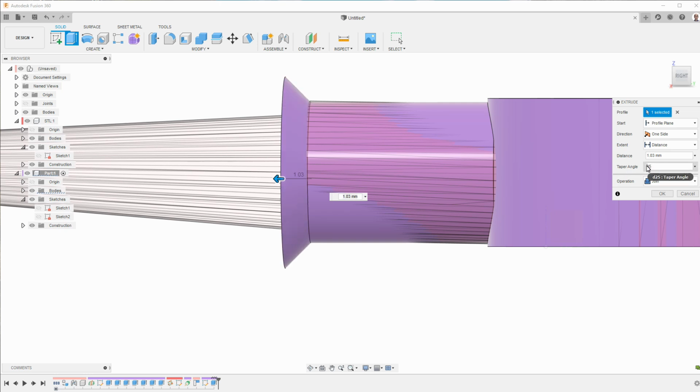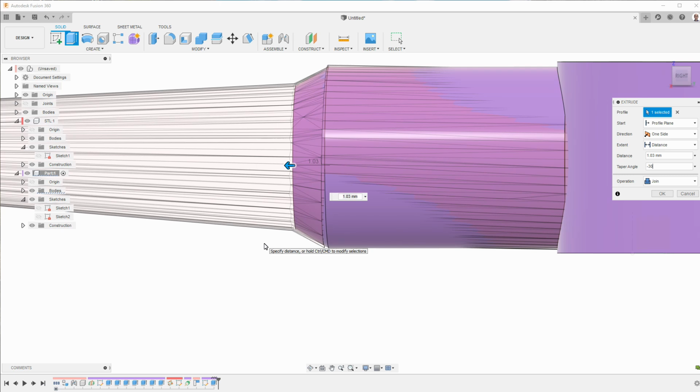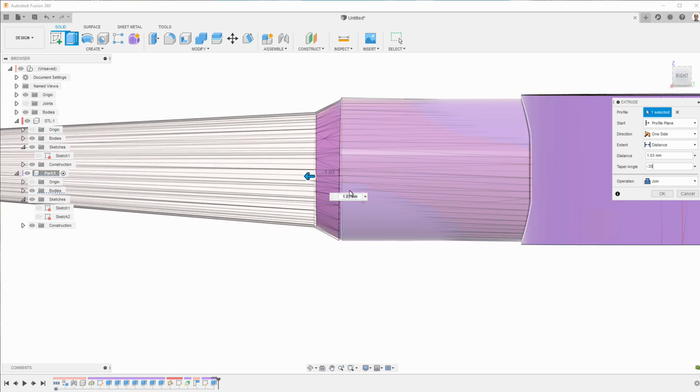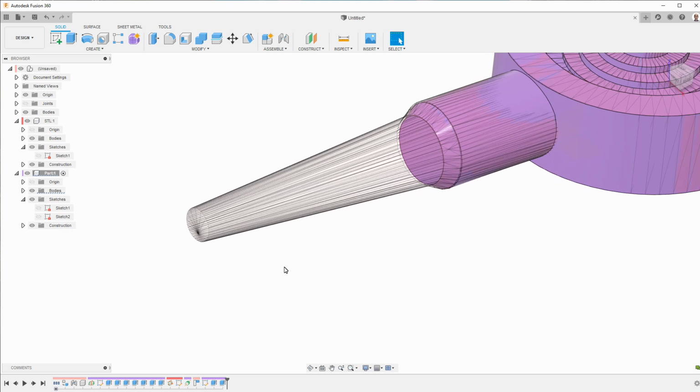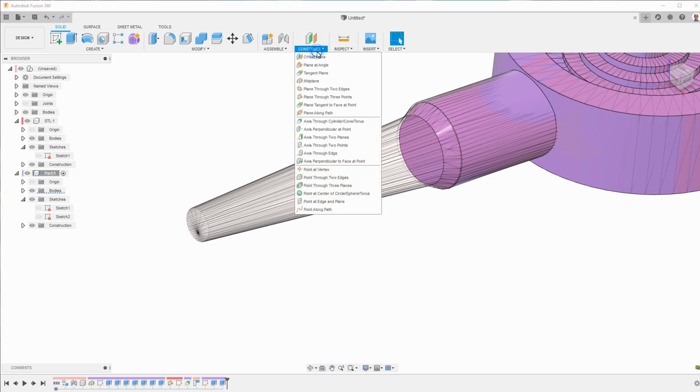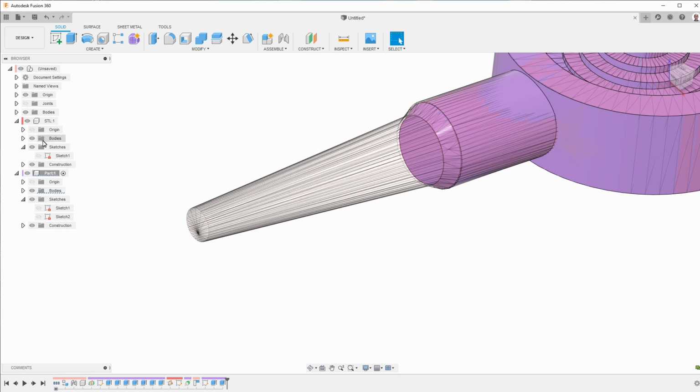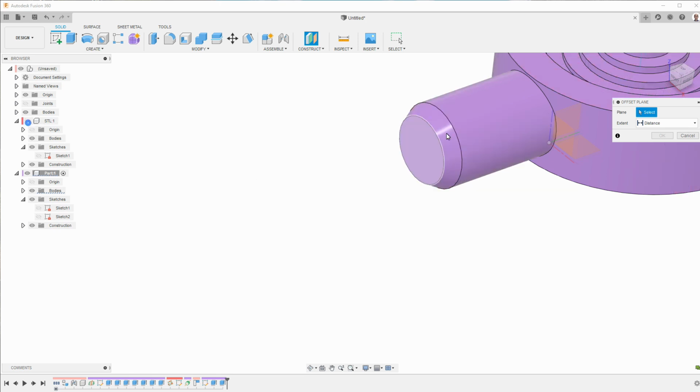Minus 45 degrees. Okay, that's too much, so we'll try minus 30. And so, again, that's pretty close, but not exact. And I'm going to call it -1 millimeter. The next thing we want to do is draw a circle that's out here. So I want to create a construction plane. And what I'm going to do is, let's see, I will create a plane that is parallel to this plane